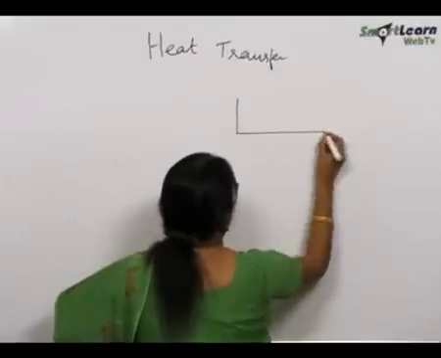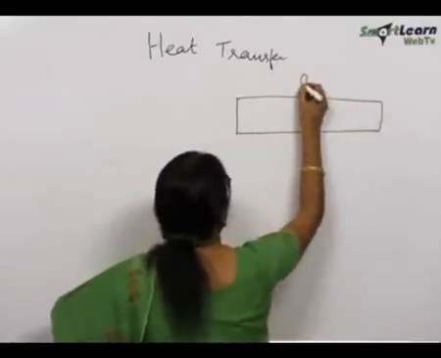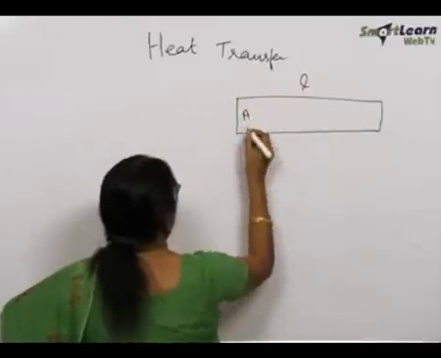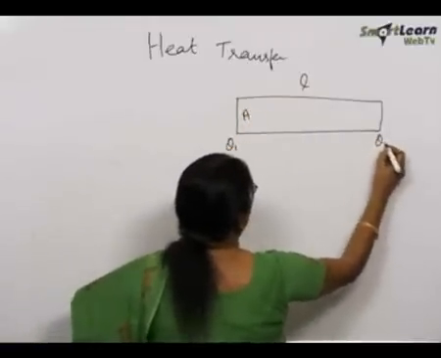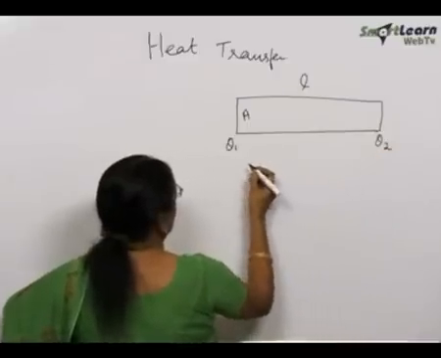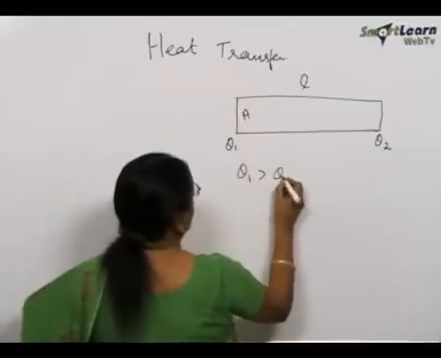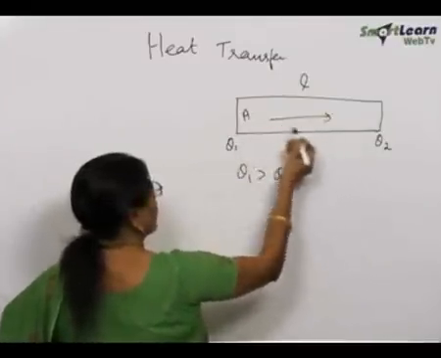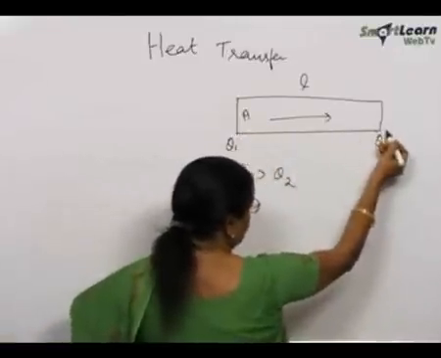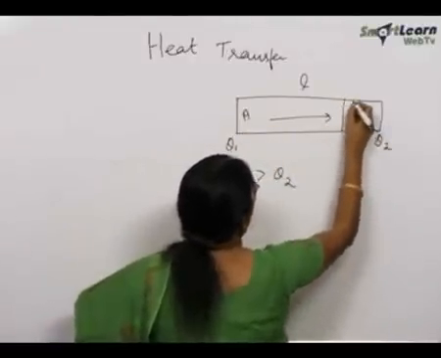So, when you have a rod of length L and area of cross section A, say this is the hot end theta 1 and this is maintained at theta 2, then the condition must be theta 1 greater than theta 2. Then heat energy flows from the left side to the right side of the rod. Suppose you take any section here,